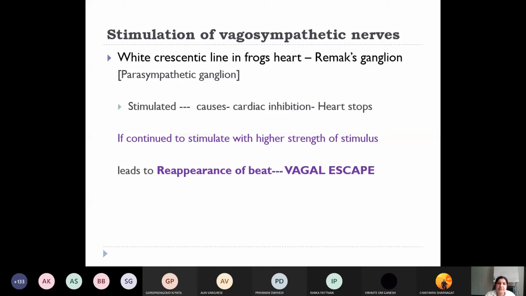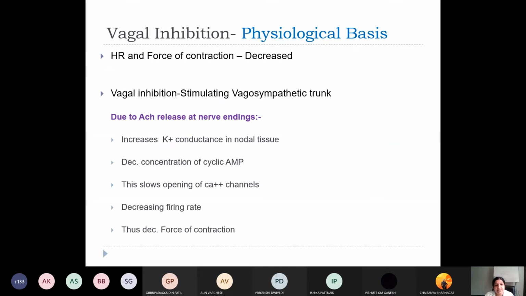Now, this is a favorite question in this amphibian graph. What is vagal escape? What is the physiological basis of vagal escape? And why it is important for a heart to have this escaping effect is very important. Otherwise, persons will die. The time the heart stops, the person will die. So what is the physiological basis for this, right?